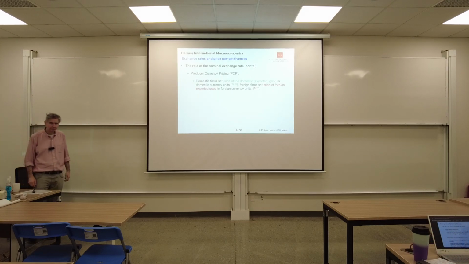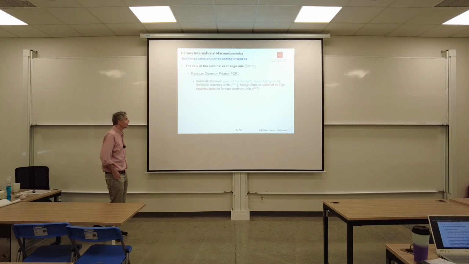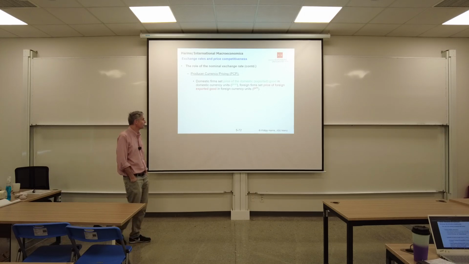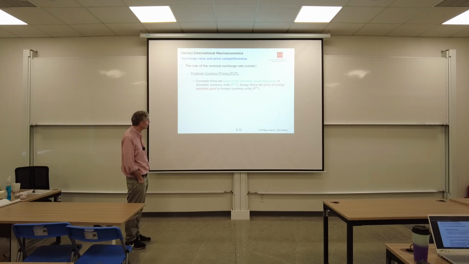Now, if we have producer currency pricing, then domestic firms set the price of the domestic exported good in domestic currency units, and foreign firms set the price of the foreign exported good in foreign currency units. That was a quick reading of a long sentence. So there's a price of the hat